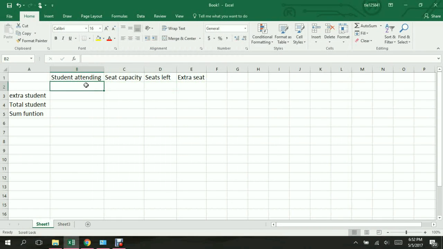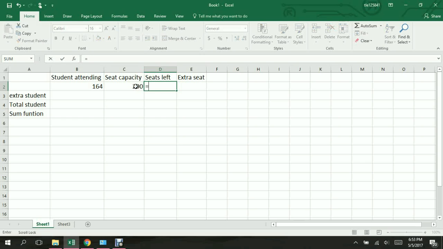For example, if there are 200 seats available in the class, however, there are only 164 students in the English class, so how many seats are left? Well, we will solve this problem in Excel by typing in the data we already have, like 200 seats right here, and 164 students, and we will calculate the seats left by the minus formula by typing in equal